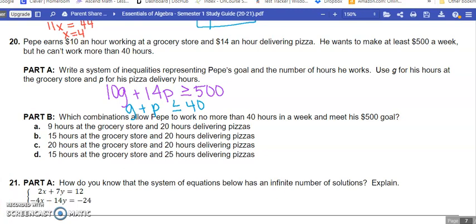So we know that together they have to be less than 40. So I'm just going to go ahead and eliminate any of them that doesn't meet that requirement. So it looks like all of them are less than 40, so that's good. So really what we're focusing on is how much money they're making. So 10 times 9 plus 14 times 20